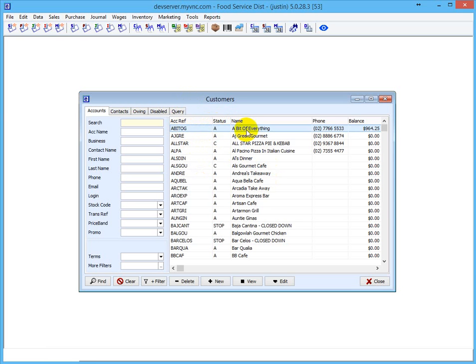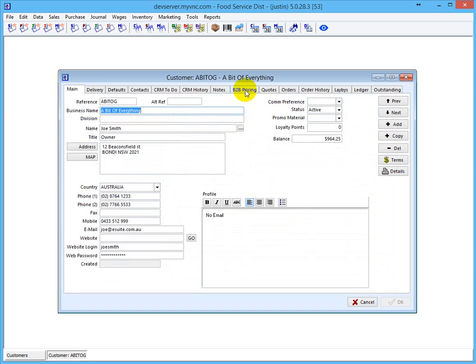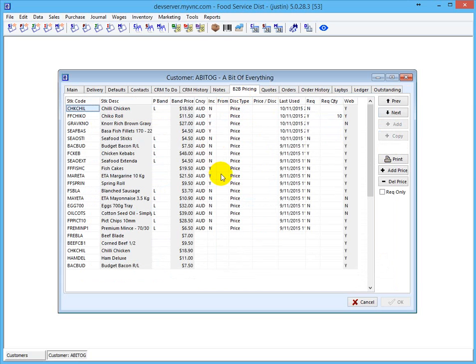I'm going to go into the customer screen, and we've got this thing called B2B pricing. Now we've got a whole demo that's based around this B2B pricing where we show how it works inside the core program of eSuite. Now I'm just going to show how it works integrated to the website. So here's the items that this customer usually orders,